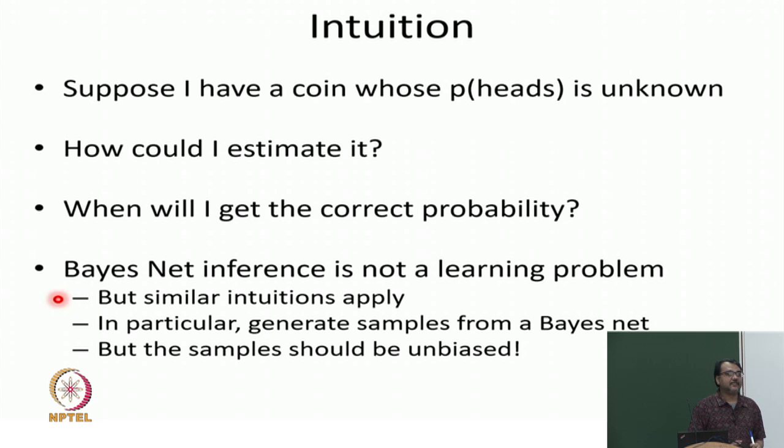Now, Bayesnet inference, what we have been doing, this is really a learning problem. We are learning the probability of heads by trying it out. So, technically Bayesnet inference is not a learning problem, but the same intuitions are going to apply. In particular, like we can sample a coin, believe it or not, it is very easy to sample from a Bayesnet, and these samples will be unbiased or can be unbiased if you try, right. So, now what is the meaning of bias in sampling? Let us first make sure we understand that. So, bias or unbiased samples are those samples which are representative of the world, right, or in this case representative